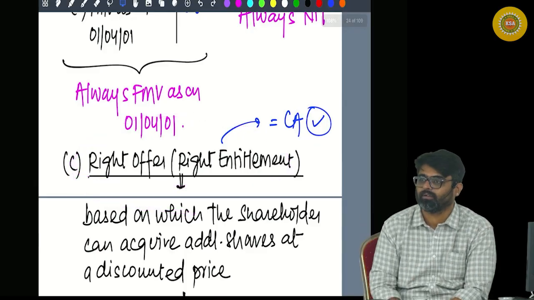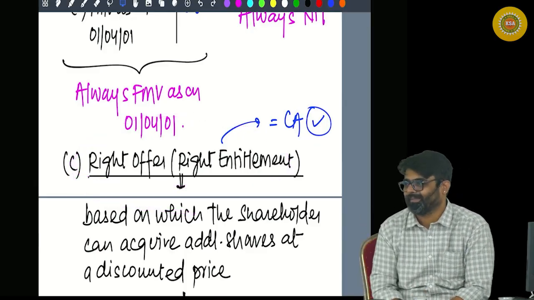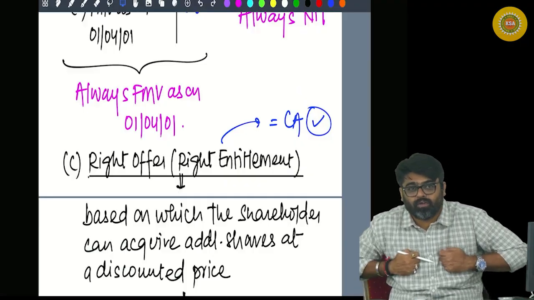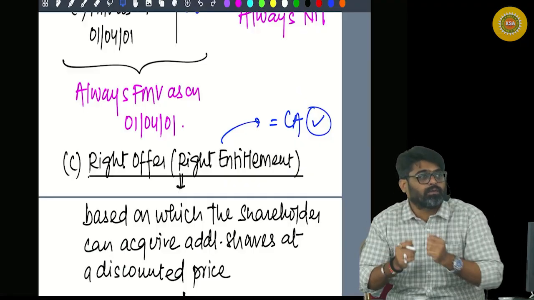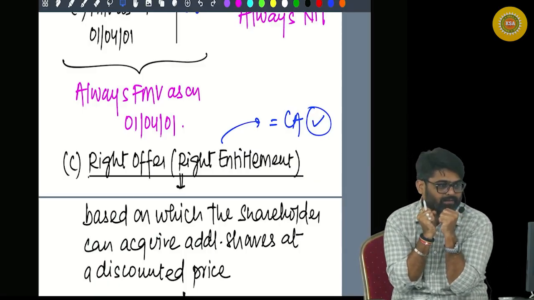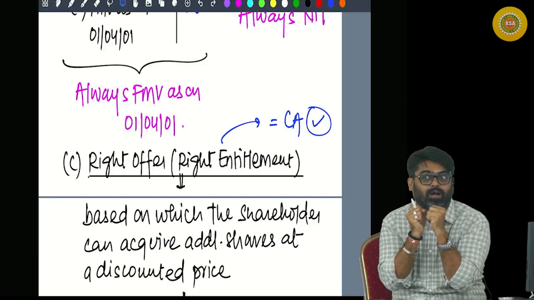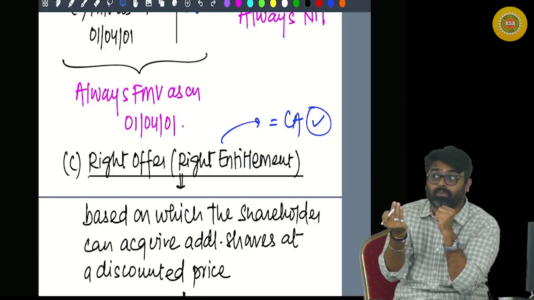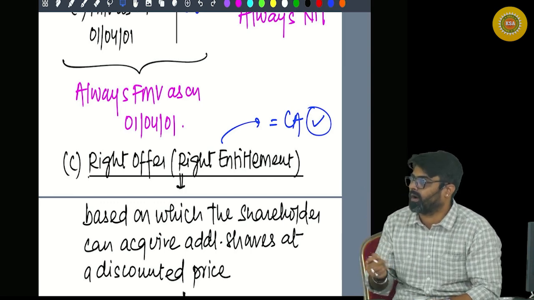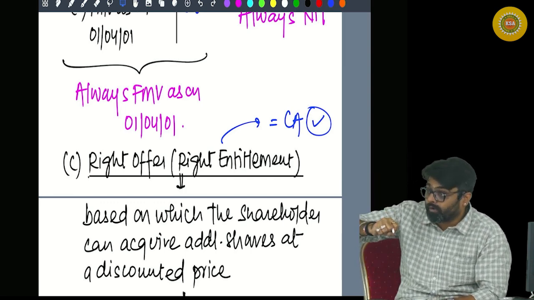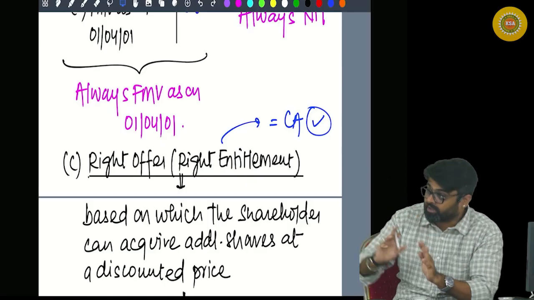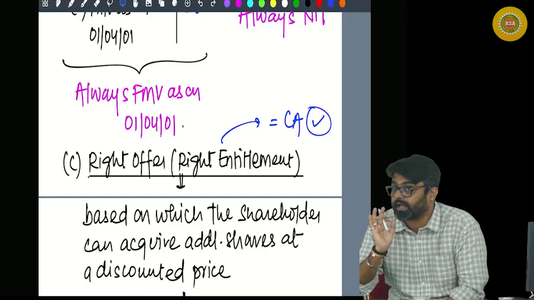This was my capital asset, no? So I will have to take the period of holding, from which date the right was offered. That is the date on which you acquired the right. Date of acquisition: the date on which the company offered the right. From that date you started holding the right. Holding period of the right will start from the date of offer by the company, from this date you started holding the right till